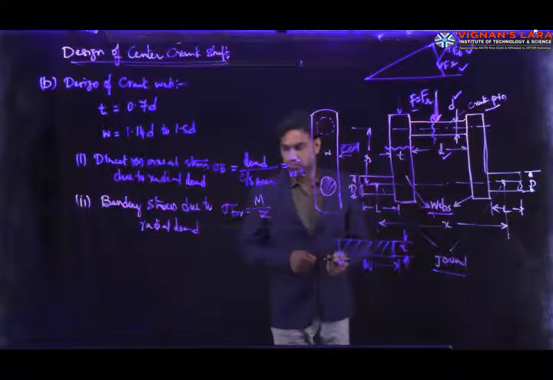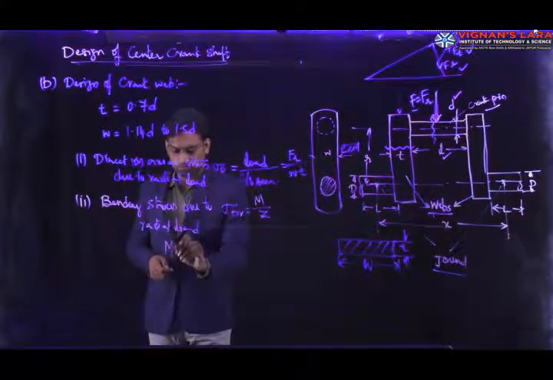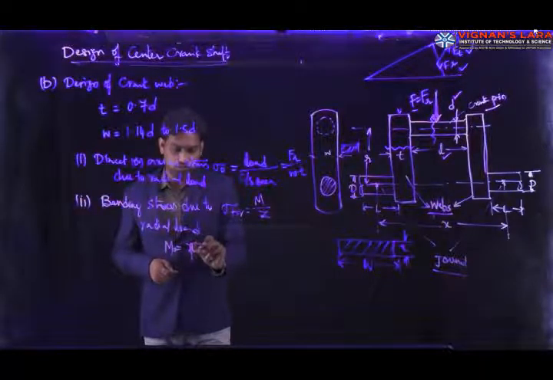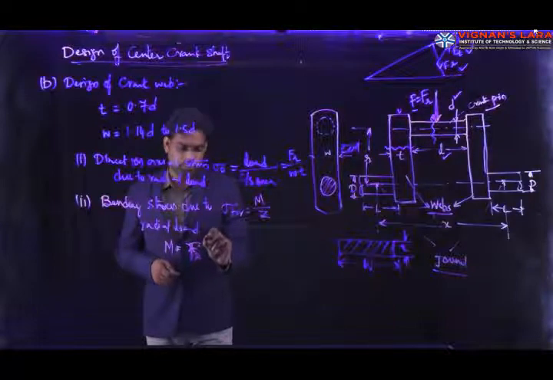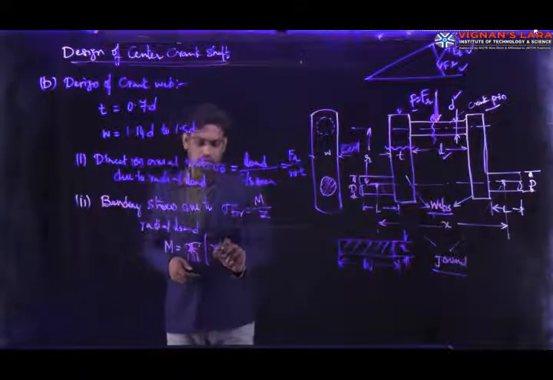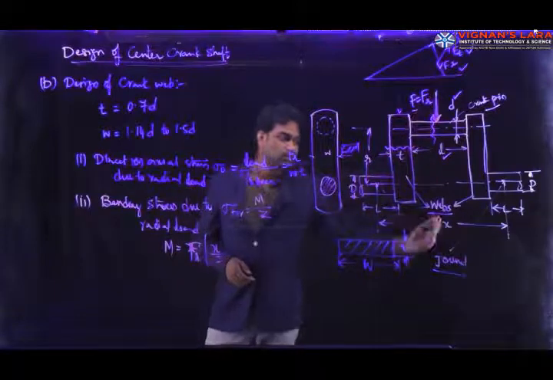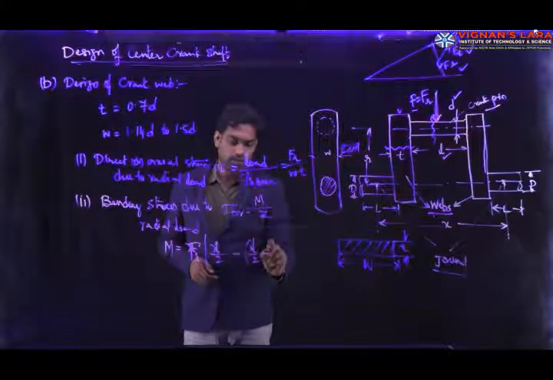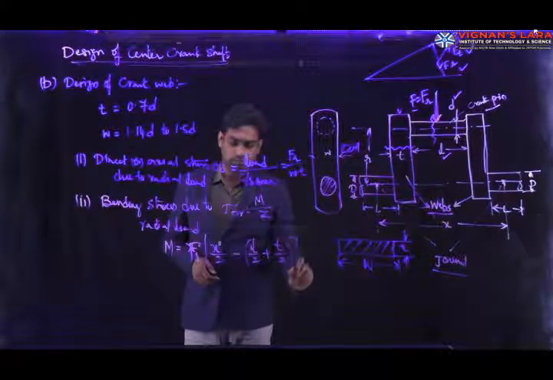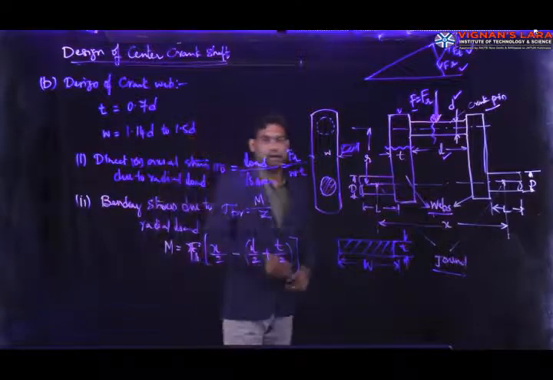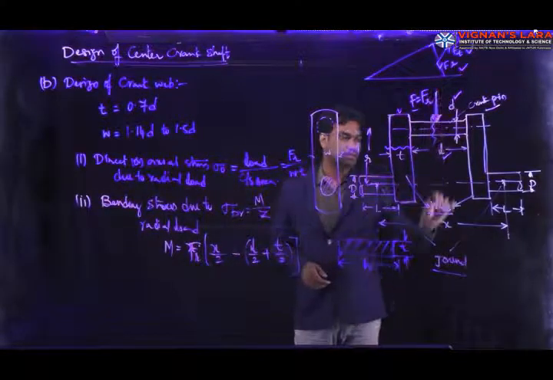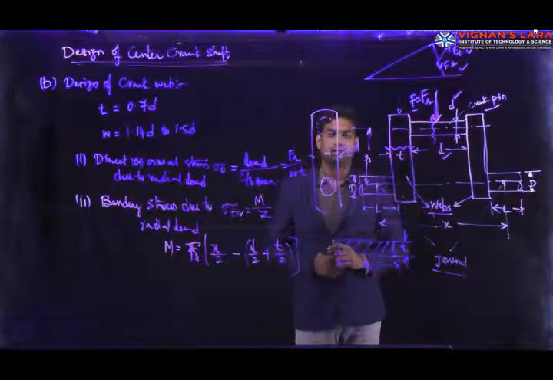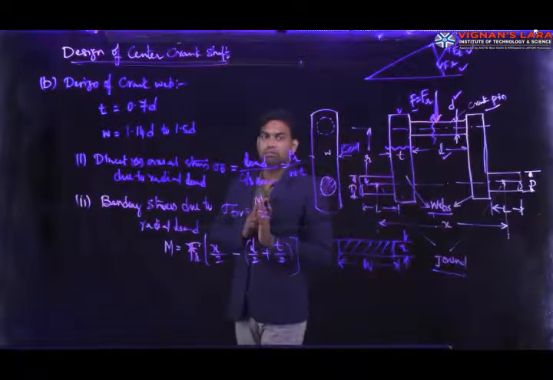So the bending moment is calculated as M equal to Fr into X by 2. That is a half symmetric length, so it is only F by 2, minus L by 2 plus T by 2. So this gives the bending moment acting on the beam. Here it is the distance of X by 2, and from that L by 2 distance, and from that we take T by 2. That is, we are considering the bending moment at the center of the web.